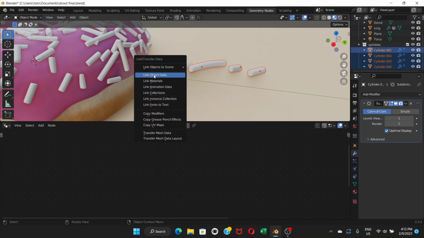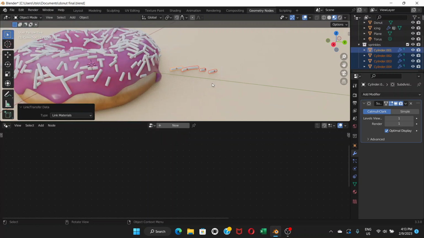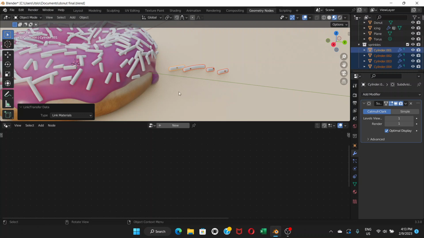Okay, I hope I am correct. Link materials. Okay. Now, what we're going to do is, if you now go to this thing here, and if you go to shading,